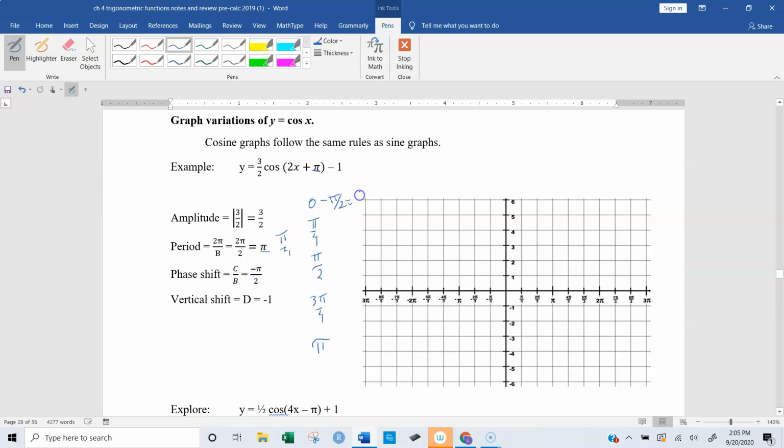So now we have negative pi over 2 minus pi over 2, so we're shifting 90. That is going to be a negative pi over 4, subtract pi over 2 and you get 0, subtract pi over 2 and you get pi over 4, subtract pi over 2 and you get pi over 2. Okay, now we're going to go down 1, so we're going to have a vertical shift down 1, so instead of